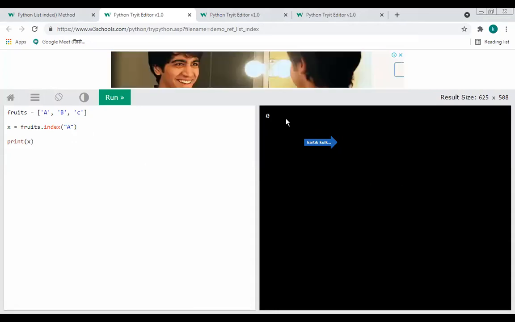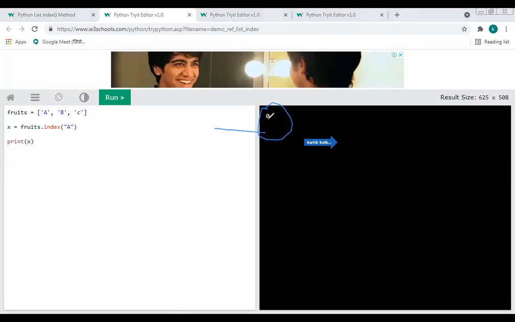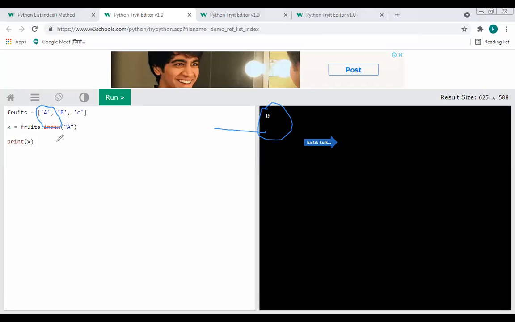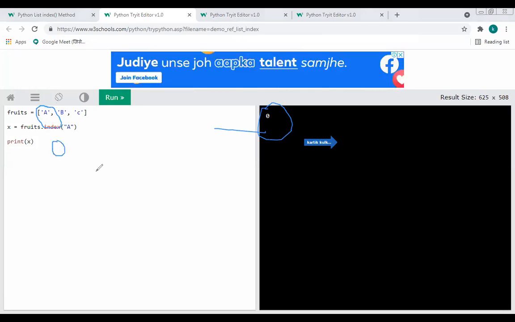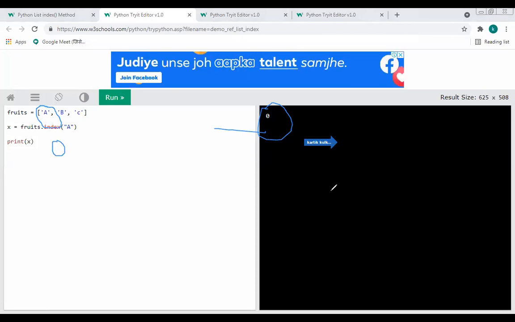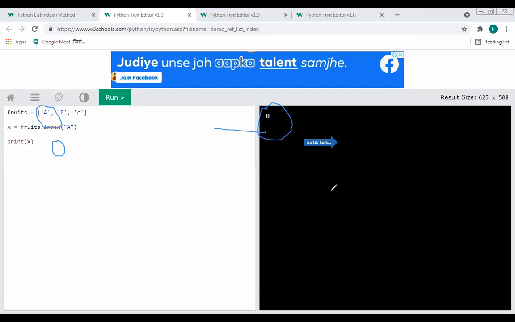You can notice that the index number we got is 0, because this A is present at index number 0. So that's why we got the output 0. Now you clearly understood this index method.